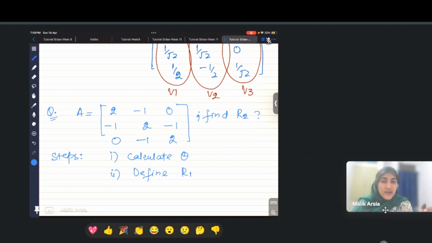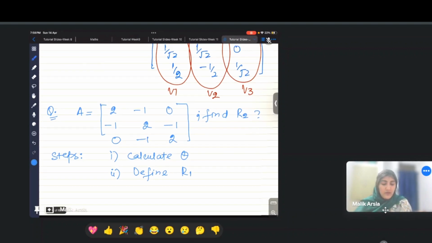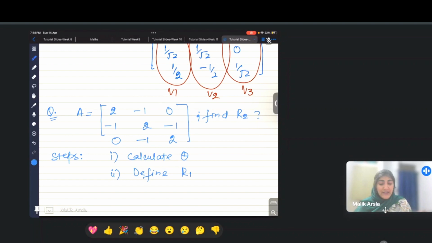Our purpose for doing this method is that we want to make all the entries zero except the diagonal entries, so that the diagonal entries are the eigenvalues and all others are zero. Now if an entry is already given as zero, you don't have to consider it. But while calculating tan theta, you have to put the value of aij along with the sign. So this will again be infinity.